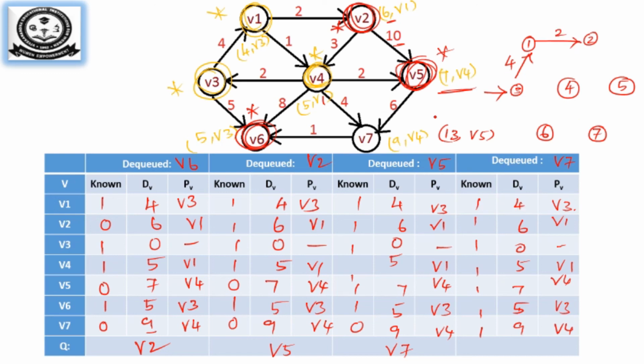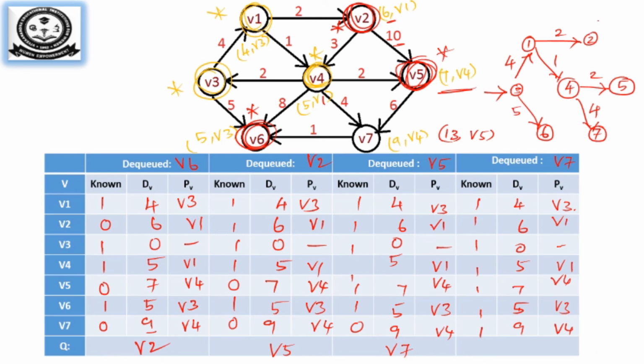4 plus 2, 6. So you can see the graph, and you can draw only the vertex and the distance. So here the distance will be 6, I will write it at last. Then for V4 it is from V1, distance is 1, so I will write it with the graph. And for V5 the previous vertex is V4, so you will have V4, its weight is also 2. Then finally V6 is going to have previous vertex V3, with the distance of 5. All the vertices have been connected.